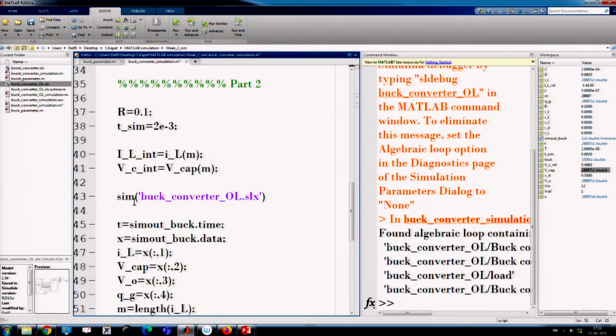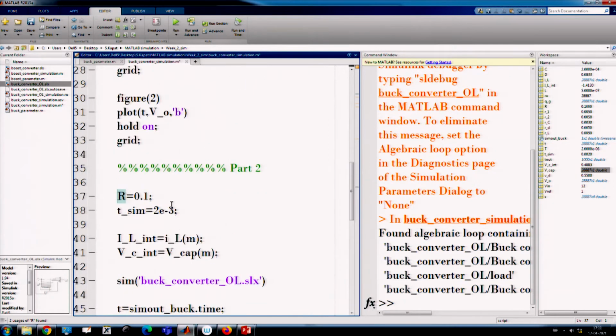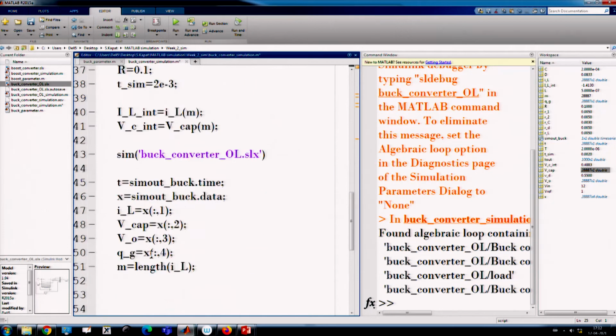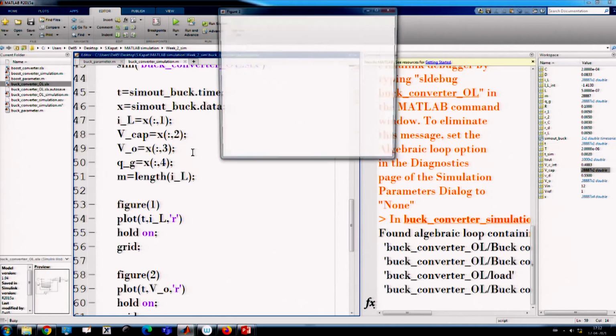Okay, doing this exercise, sim. Now, for this I set the initial condition, I have only changed the load resistance, I am calling everything, and again I can plot this. Now, all this data will be overwritten, and now I plot the red one. So, let us run the simulation.